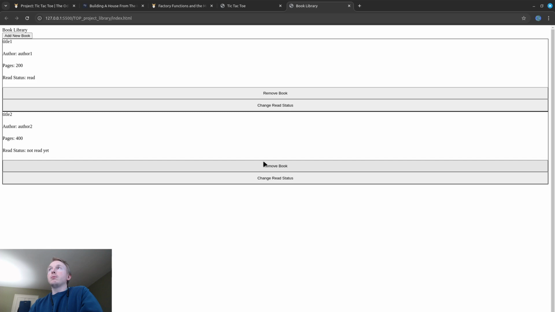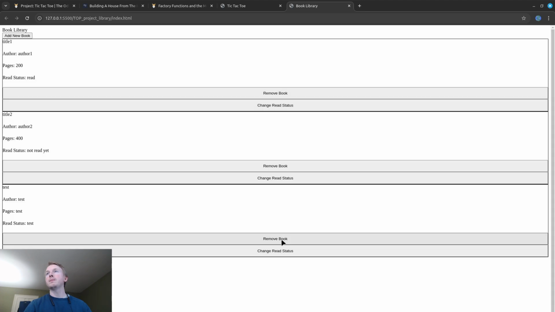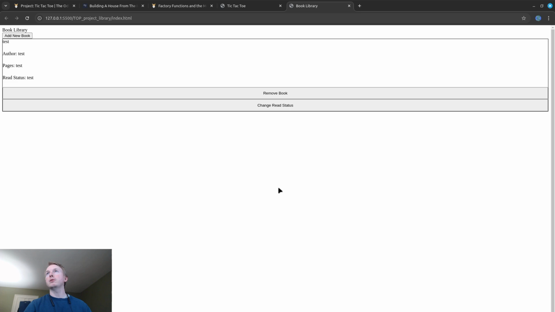I just wanted to get it functional. So the library project was, I could add some book, and it would appear, and then I could remove books. I could change the read status of a book,